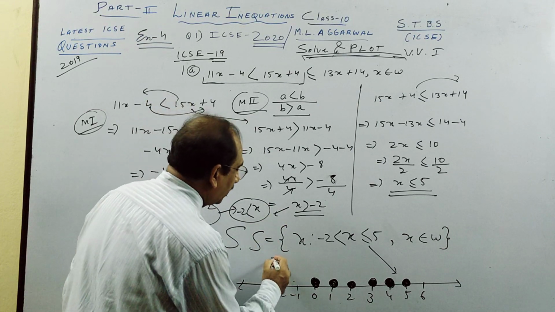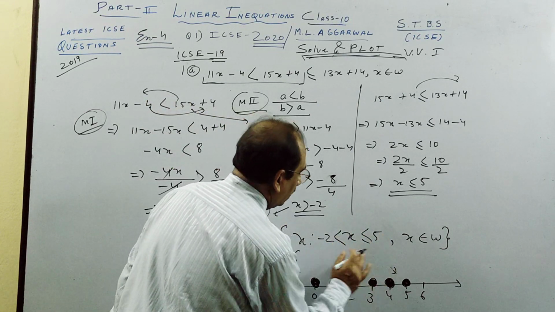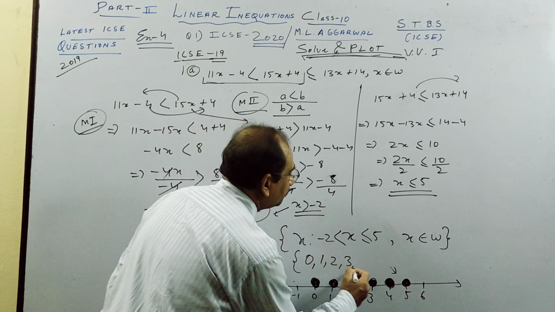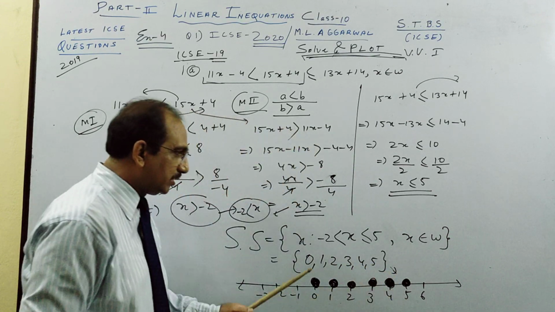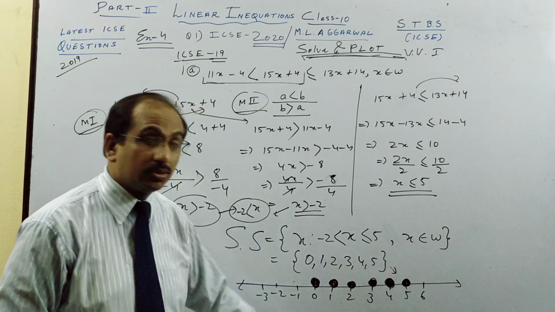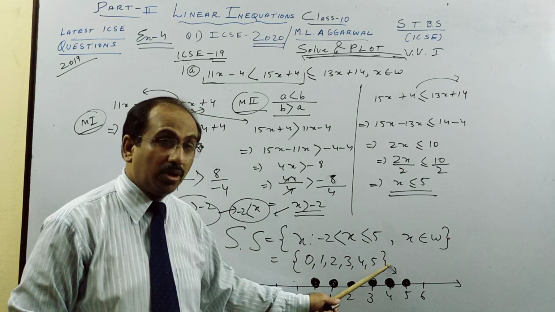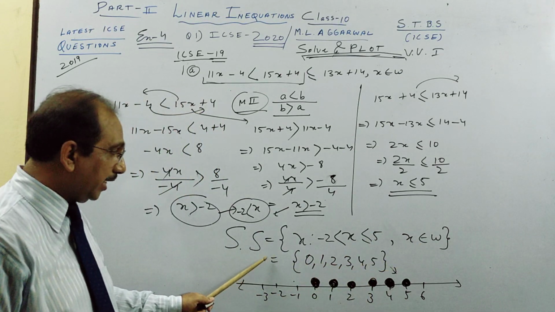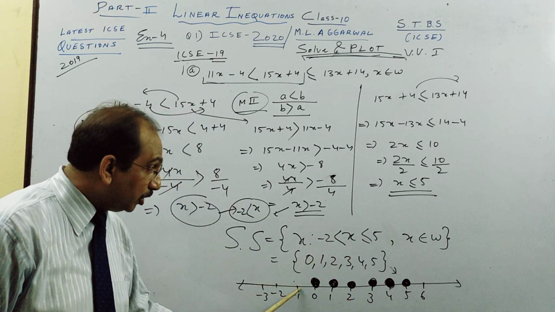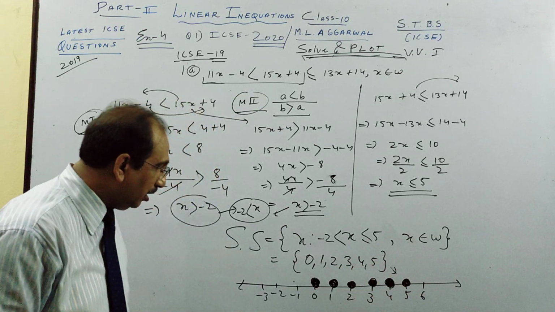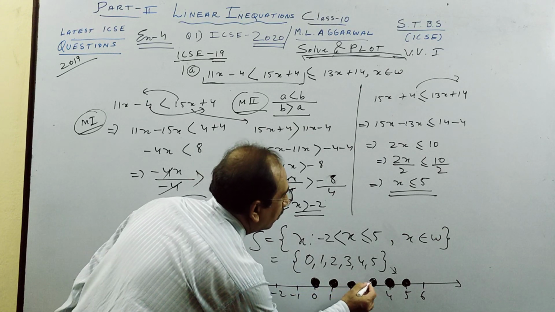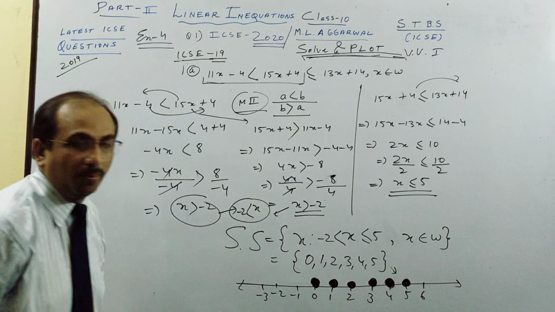Another thing I wanted to tell you, since it is a whole number, it can be written in tabular form. So this solution set will also do. This way also you can write: this is set builder rule method, this is tabular or roster form. 0, 1, 2, because this is a whole number. A real number you cannot write in tabular form. Whole number, integer, natural number you can write. Since 5 is less than or equal to 5, 5 is included. And why not minus 1? Because minus 1 is an integer but not a whole number. So see, this is how you have to plot. So kindly pause the video and copy.